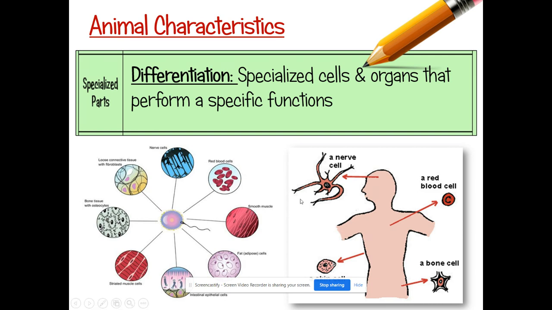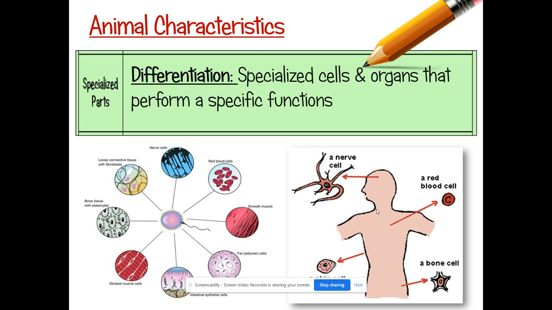And this is going to be in all animals, not just humans. I'm using humans as an example because we're familiar. But if you think of something like a sponge, so not a sponge that we wash our dishes with, but a sea sponge. So yes, SpongeBob is based off of a real animal, but they don't look like SpongeBob. I'll show you some pictures and I have a video on them in one of our activities this week.